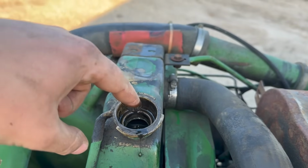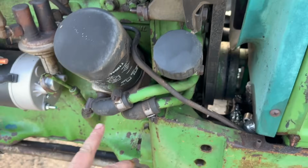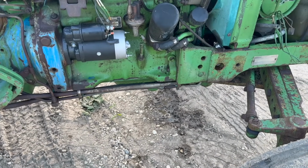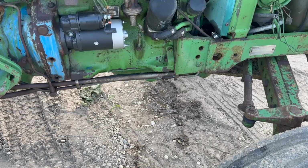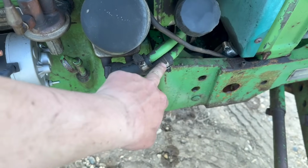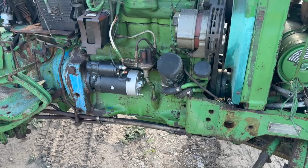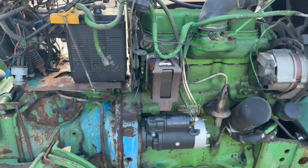Yep, that's all engine oil and the coolant. It looks like it just uses coolant to cool the oil filter housing. That must be the oil cooler itself is on that filter housing. So either that's bad and it's dumping coolant into the oil, or the head gasket's bad. So this thing I can probably pop these off and just do a pressure test there and pressure test that and see if it holds. But if not, I'm kind of leaning towards a head gasket because that would make sense as to why this machine was parked. And maybe